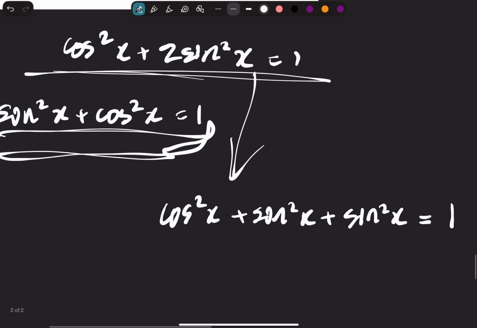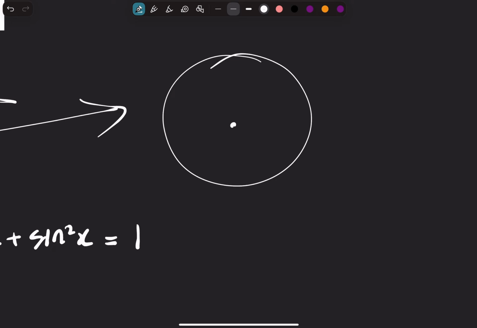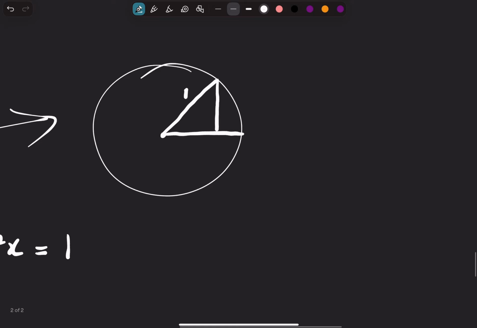Okay, now we know that sine squared plus cos squared equals 1. And actually, we can prove that. Let's first take the unit circle, so a circle of radius 1, and then we construct a right angle triangle on this unit circle, with this length here being 1. If we call this angle here x, then we can say